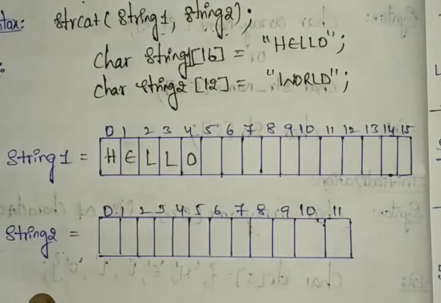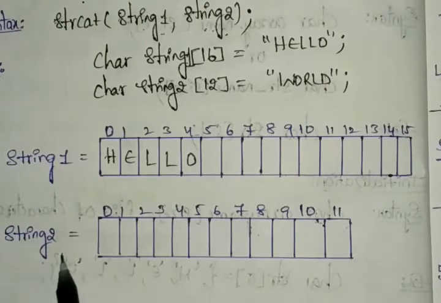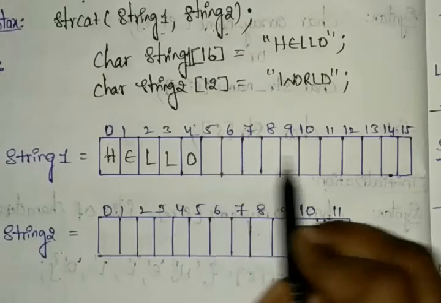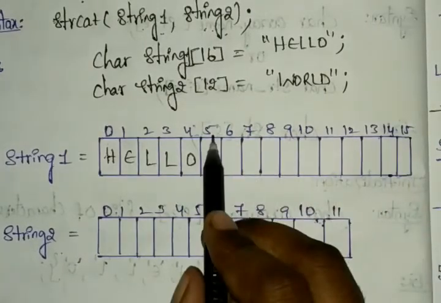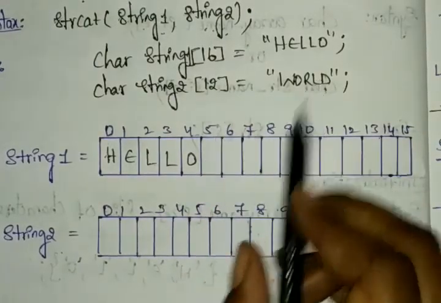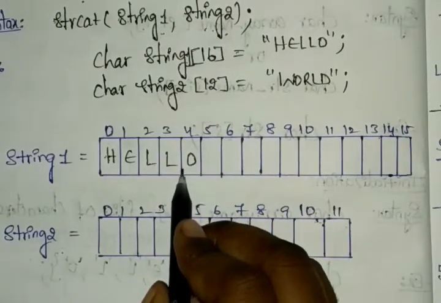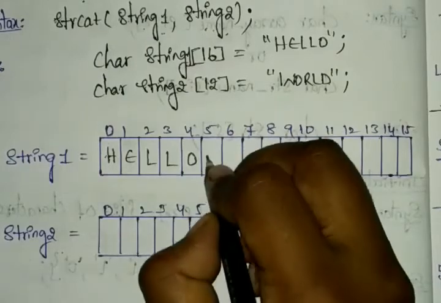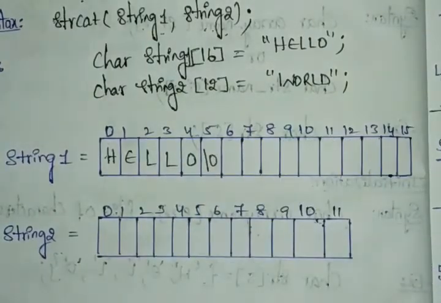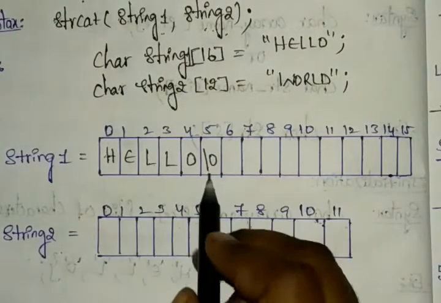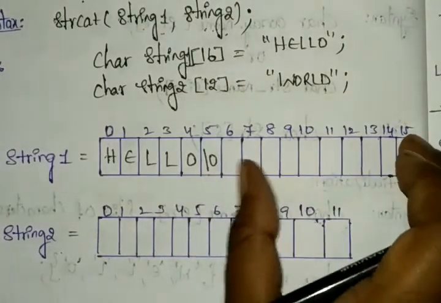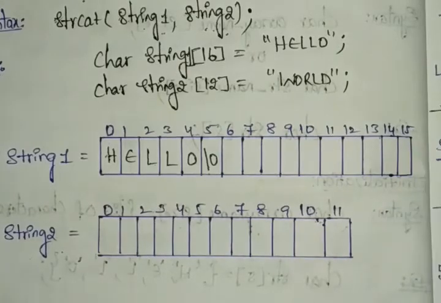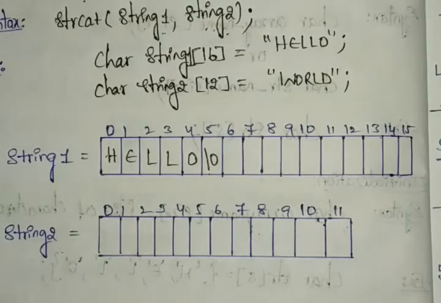So after that, can we write anything else? Yes, you are writing the string 2 format here. Whatever you write in string 2, that we are adding. So at present, what do we need to do? After completing the writing of the string, after the characters, you have to give the \0, which means the null character. After the null character, the rest is all empty, so we can easily identify where our string ended.